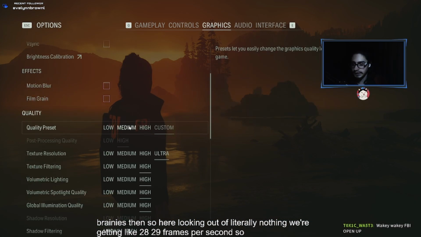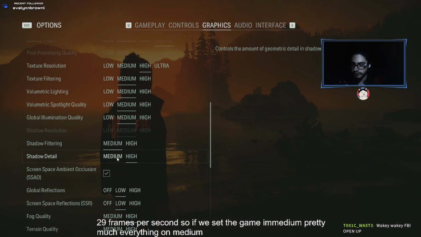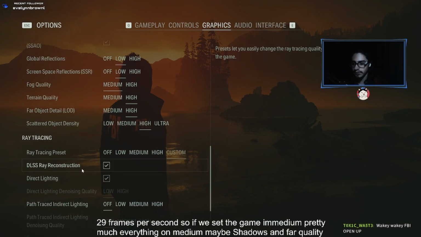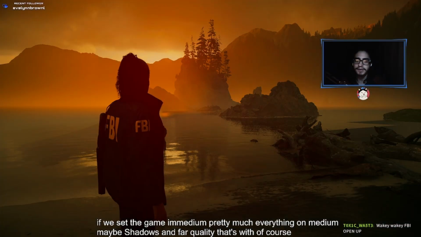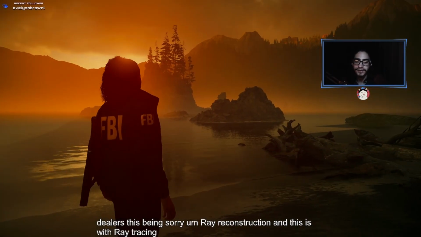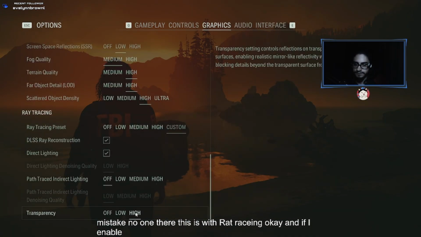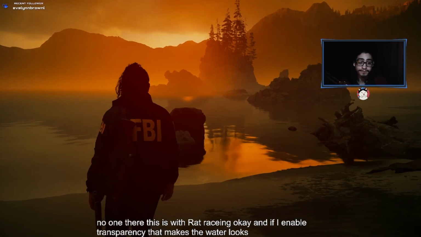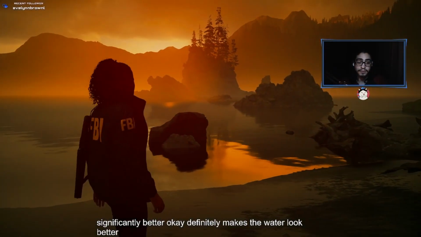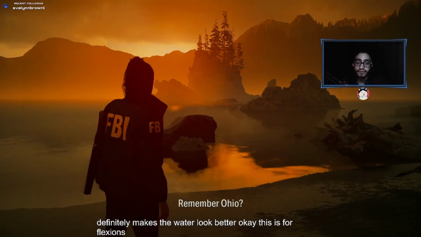So if we set the game to medium, pretty much everything on medium, including shadows and fog quality, we can do terrain quality. Oh, that's with DLSS ray reconstruction, and this is with, wait, ray tracing. My mistake. No wonder. Okay, and if I enable transparency, that makes the water look significantly better. Definitely makes the water look better. I'm getting flashbacks. This is for reflections, and at low, it's still kind of...